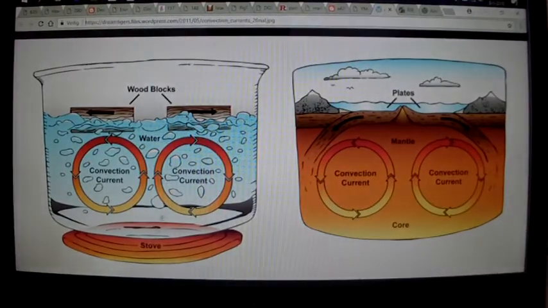So this is the principle with the convection current, with the hot water or lava on the Earth coming up in the middle, pushing to the outside where it cools down. When it cools down, it goes down again, heats up again. This is what we see happen. Well, if you take this example,